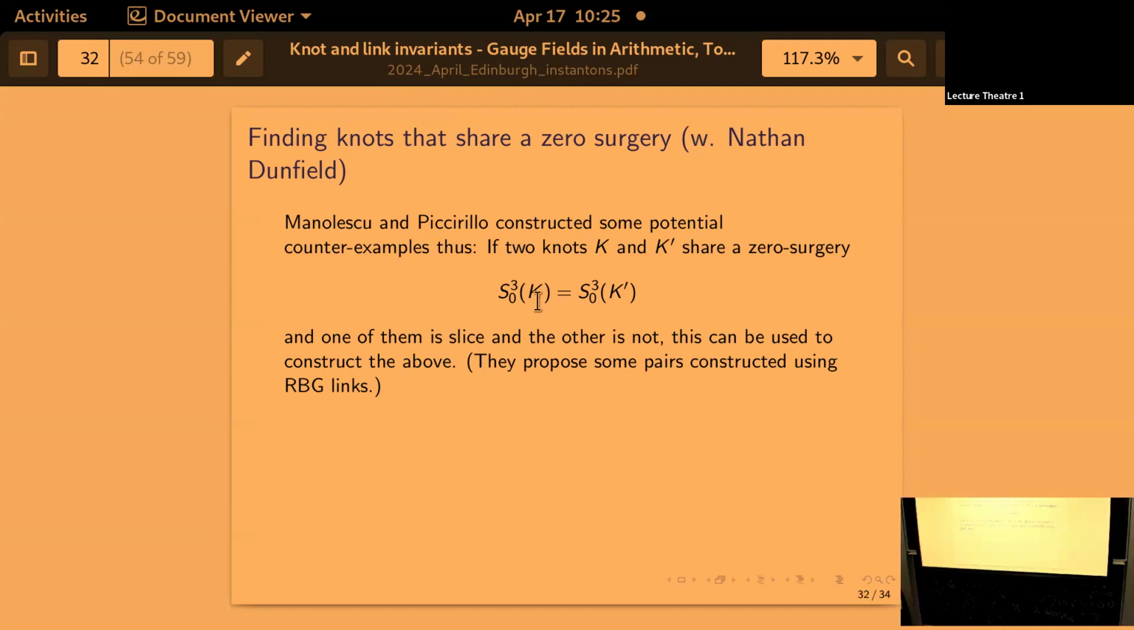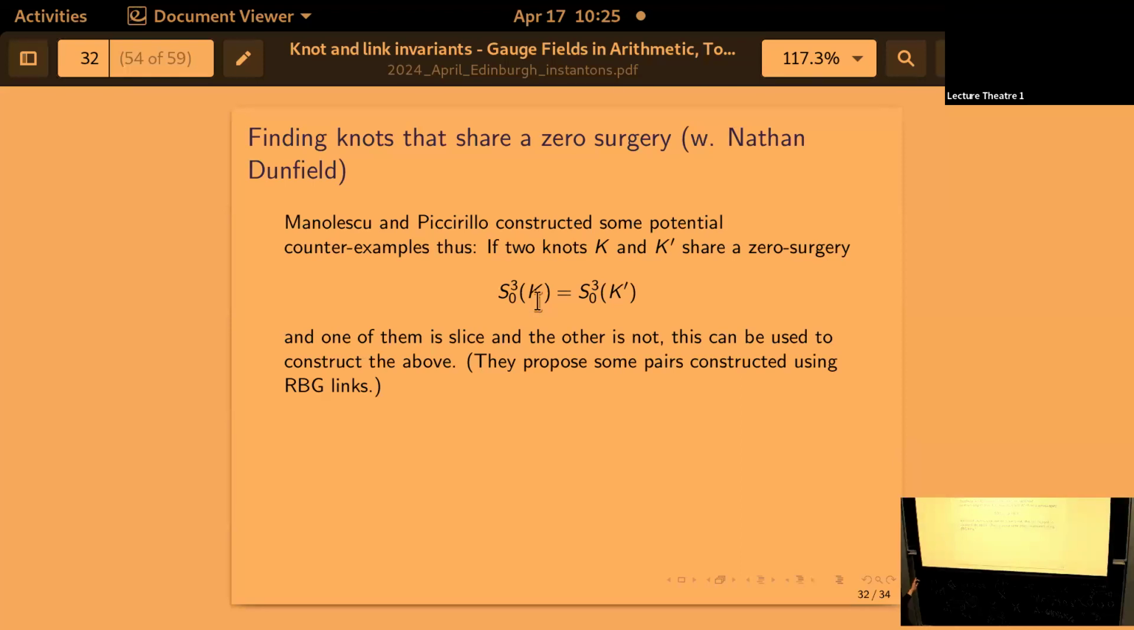So one thing that was shown by Manolescu and Piccirillo last year, or maybe 2 years ago, was that if you have two knots that share a zero surgery, meaning that if you take one of the knot exteriors, you drill out along a curve and then fill in along a different curve and you get the other knot exterior,